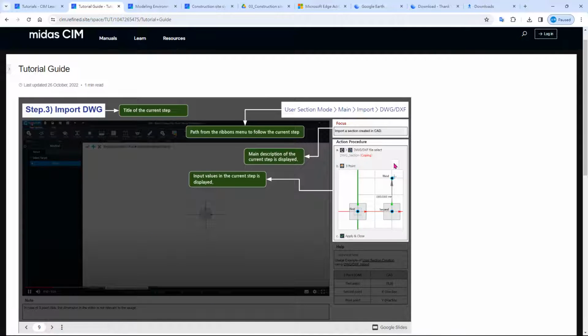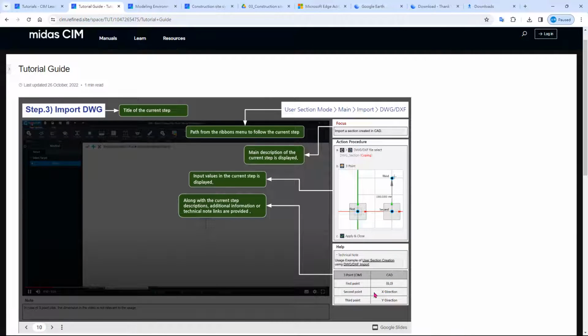And in here, this is just the action procedure. It will be broken down by sub steps of the tutorial. And then this is just like pro tips that you may need for the particular tutorial, for the particular step.